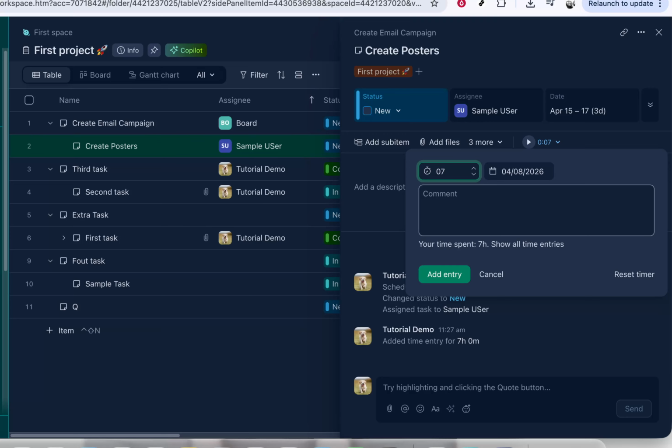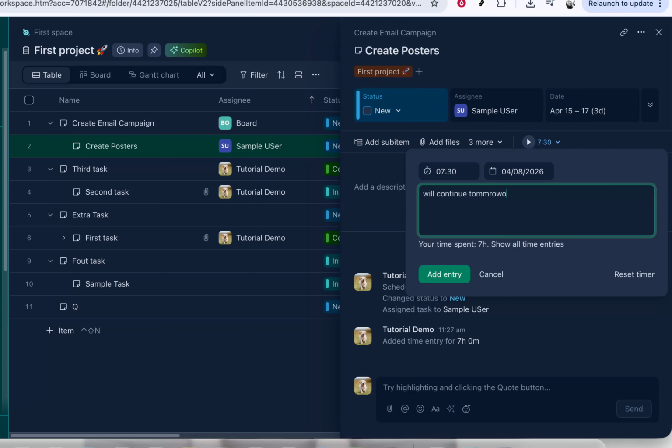those here. Once you're happy with the time you've entered, look for the option labeled Add Entry. Click on Add Entry to save your time log. After clicking, you should see your new time entry reflected in the Task Time section. This confirms that your work time has been successfully recorded and will now be included in any reports or timesheets